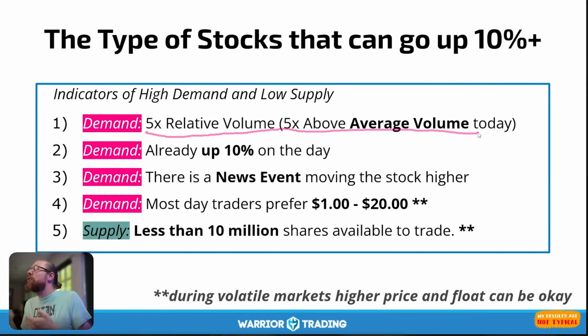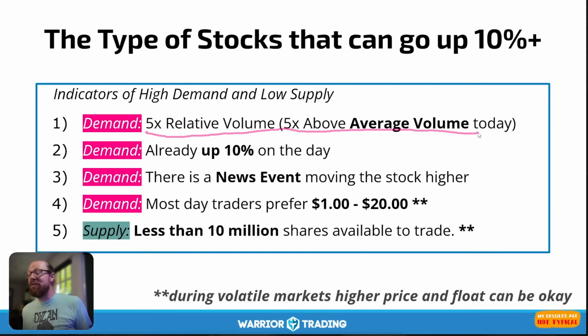But what happens is other traders like you and I, regular retail traders, we notice the stock is moving up. We see it's already up 5%, 8%, 10%. And what I have found is that once a stock is already up 10%, it is becoming an outlier for the entire stock market for that day. It is pretty rare for a stock to go up 30, 40%. In fact, on any given day, usually there's only 3 or 4 that will do that.